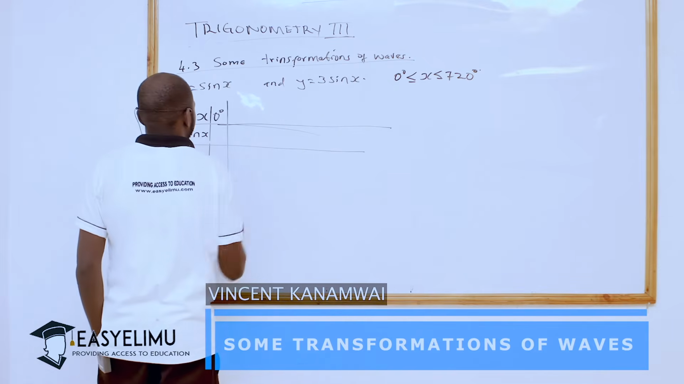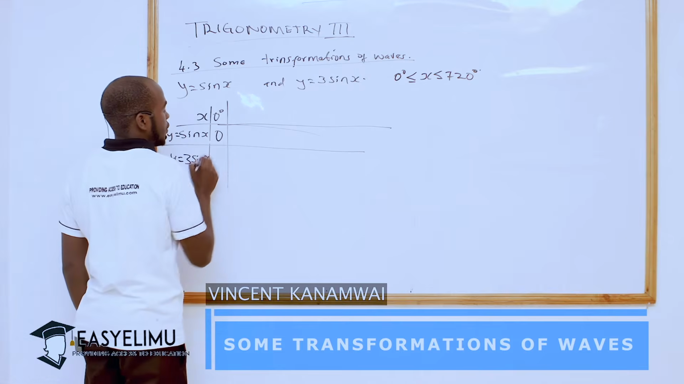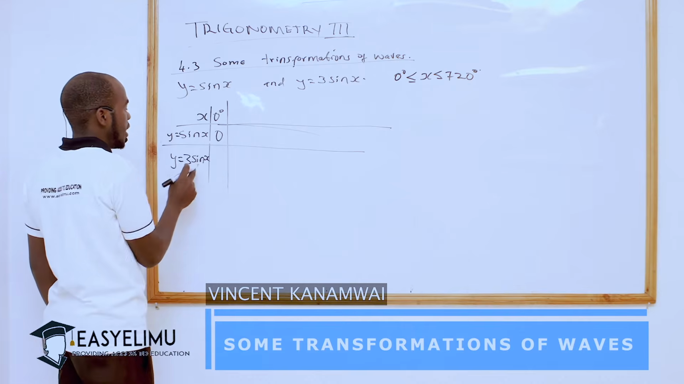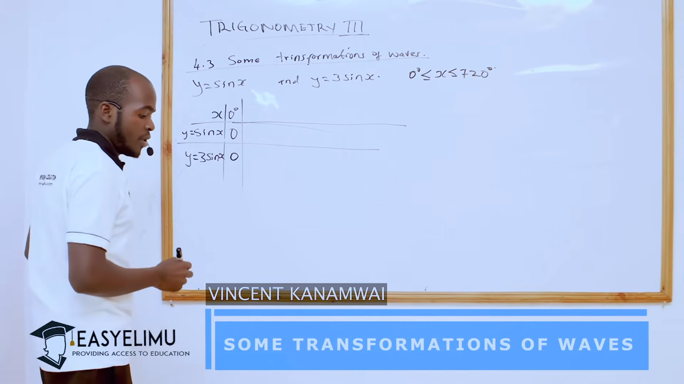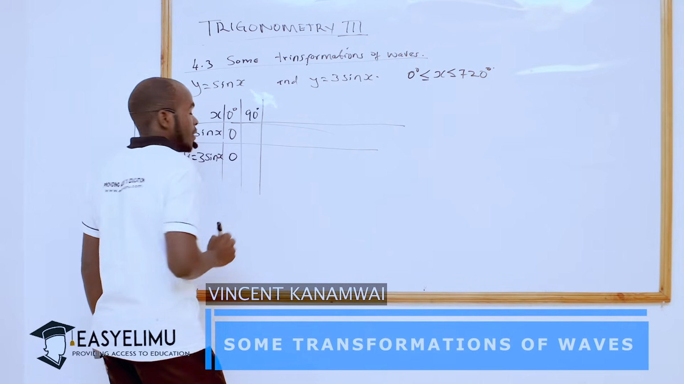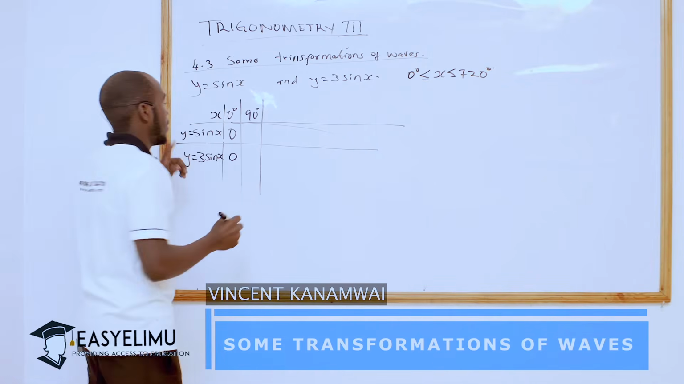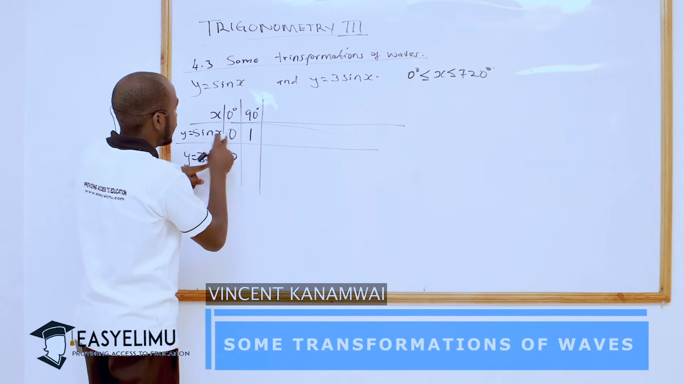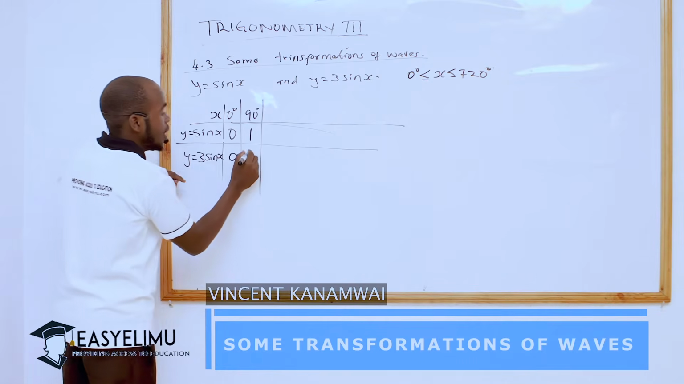If x is 0, then sine x will also be 0 at that point. And if sine x is 0, then 3 multiplied by 0 will give you 0. And if x is equal to 90 degrees, then sine x will be 1. And if sine x is 1, then if you take 3 by 1, you will get this point